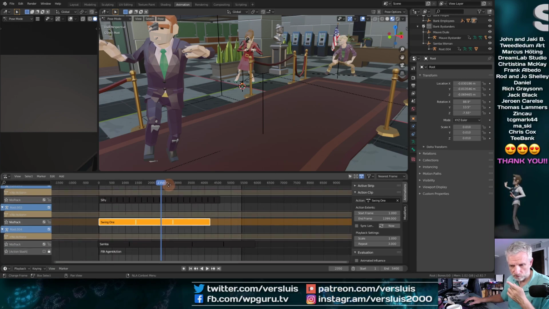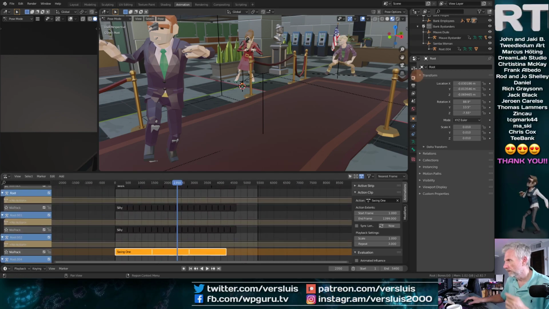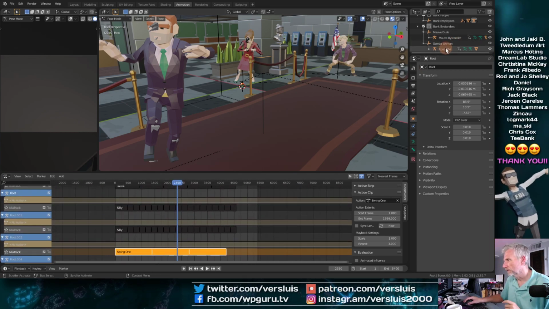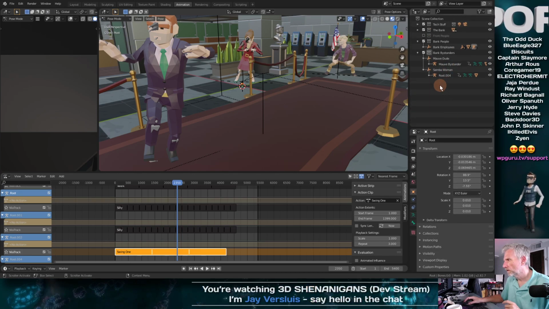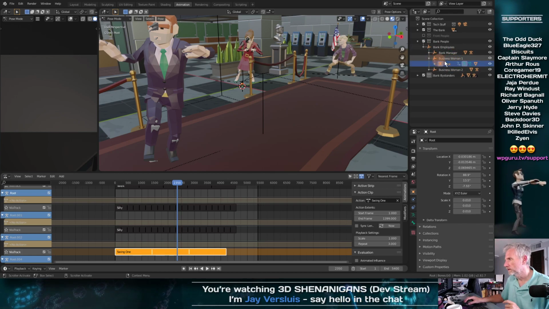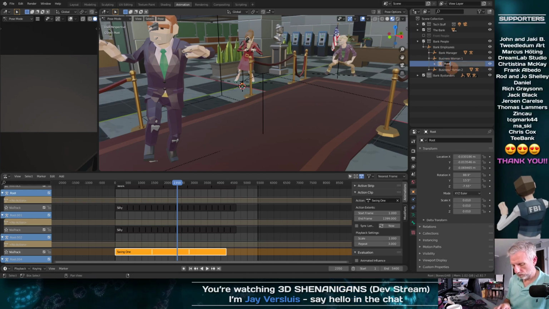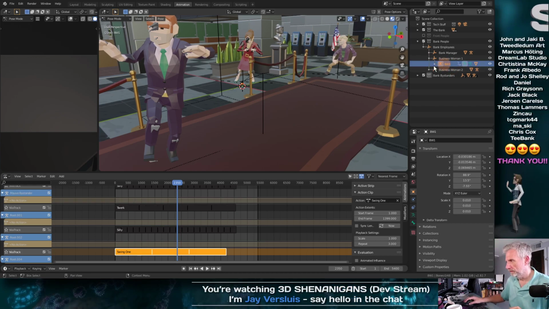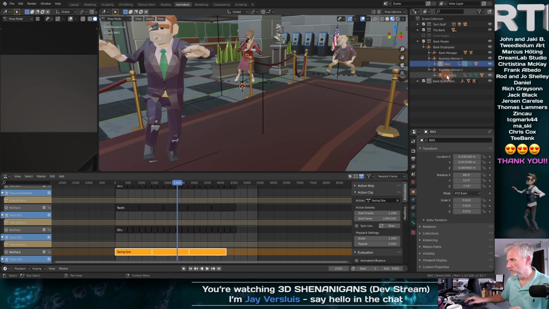I need to rename her as well, so bank bystanders, bank employees. Businesswoman 1, I'll just call her BW1 in here, and then she can be BW2.